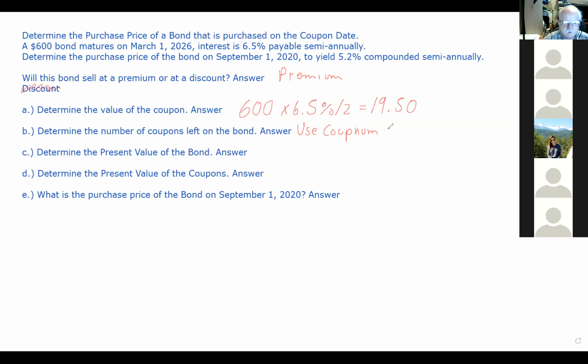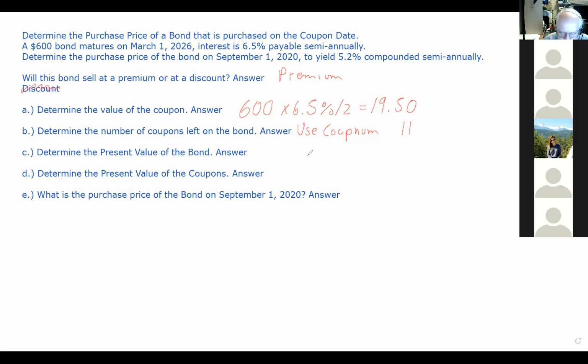So under determine the number of coupons left on the bond, this becomes 11. And keep your formula sheet in mind to make sure that it helps you follow what's happening. So it says, find the present value of the bond. And this takes several calculations,